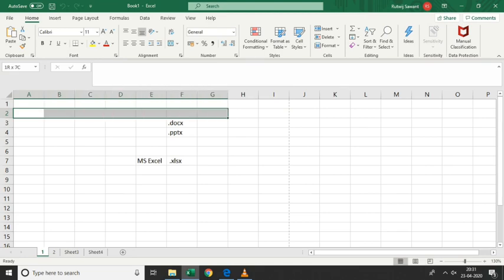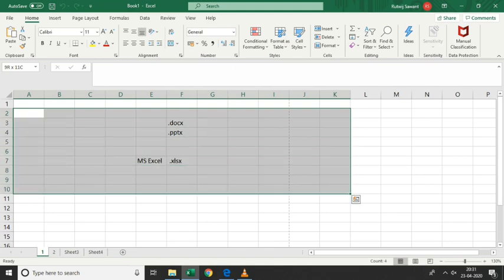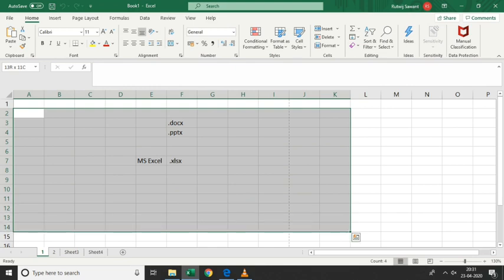If I want to select down, I'll press the down arrow key. Now if I press Shift plus the left arrow key, as you can see, it's selecting. So like this, with the help of the keyboard, you can select your cells. This is selecting adjacent cells.